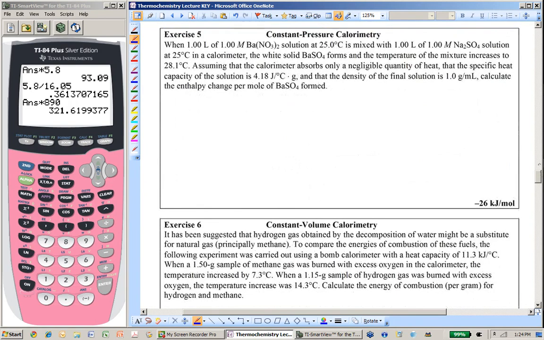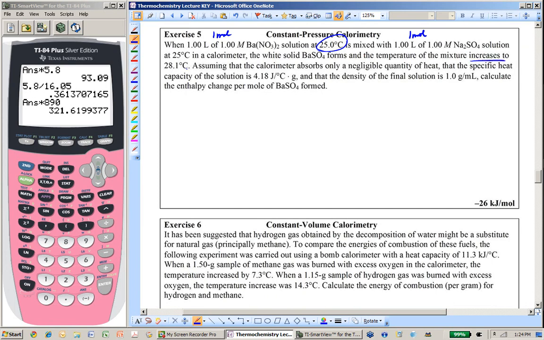Now I'm going to get a little more sophisticated here. I'm going to throw some stoichiometry in here too. When 1 liter of 1 molar, okay, molarity is moles per liter times 1 liter, that's 1 mole, of barium nitrate solution at 25 degrees Celsius is mixed with 1 liter of 1 molar, that's 1 mole, of Na2SO4 solution at 25 degrees Celsius in a calorimeter, the white solid barium sulfate forms and the temperature of the mixture increases